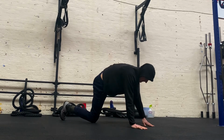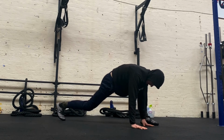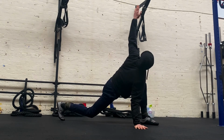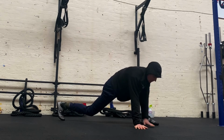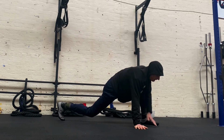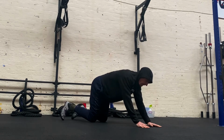Nice work. Then again, take the left leg, knee in line with the shoulder, come up on the right knee and start to pivot the tummy button and the hips down towards the heel. Do 3 to 4 reps of that, and then twist the hand up towards the sky, looking at the hand as you go. So you're static in position, your knee is off the floor